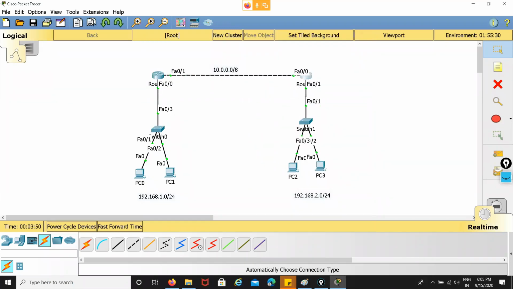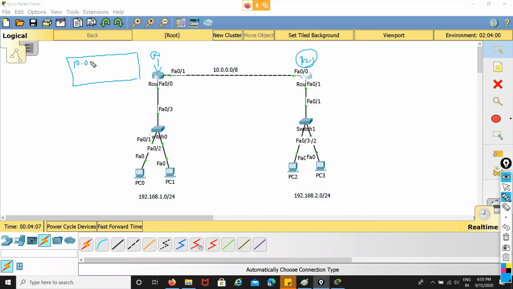So as per the concept, after completing this IP addressing process, you can see over this router, if I consider this router as router one and this router is router two, then on router one, its routing table now has two networks information. One is 10.0.0.0 and the second one is 192.168.1.0. Over router 2, it also has two network information: 10.0.0.0 and another one is 192.168.2.0.